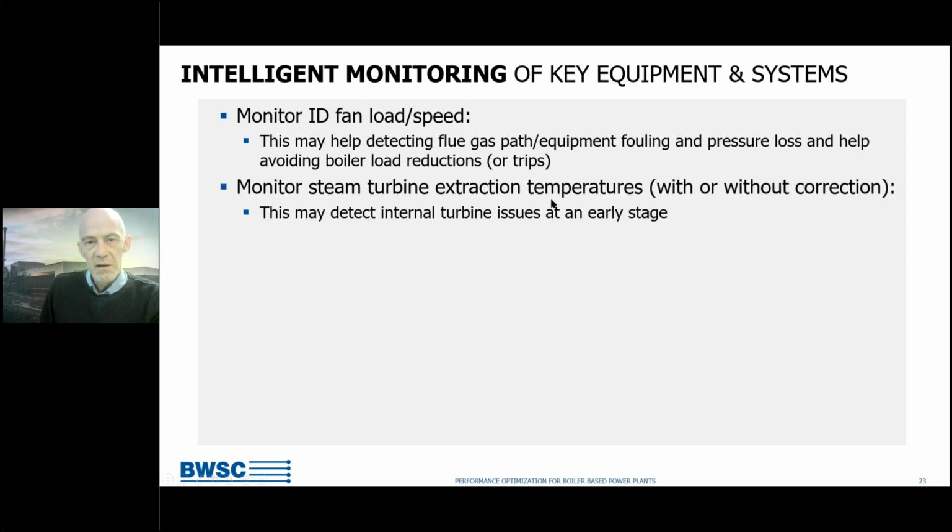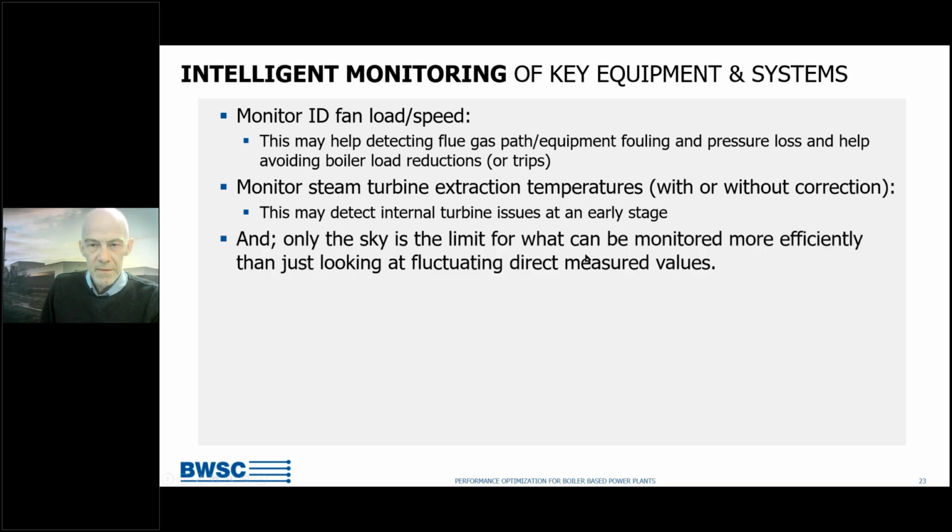Also, steam turbine extraction temperatures are good to look at, and again, best with a correction to reference conditions, because then if something happens inside the turbine, there would be an early warning in extraction temperatures. And as everyone knows, it's difficult to look into the turbine, but this is a way to take the temperature and see if there's something to look further into. And this is